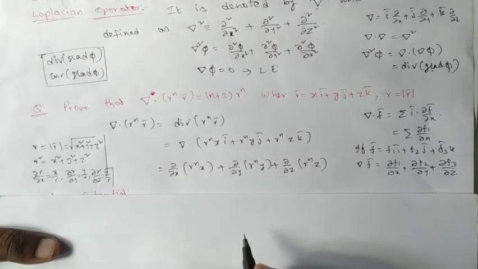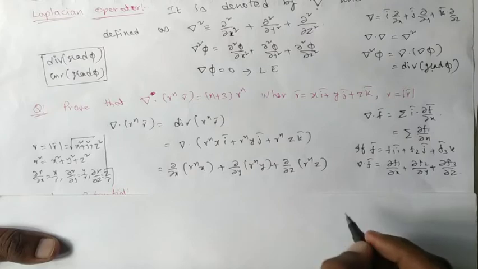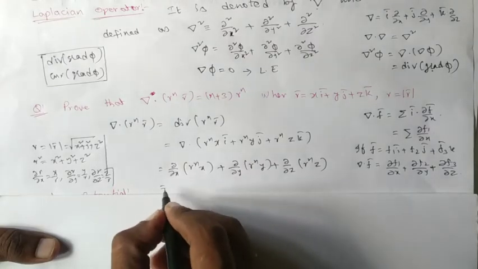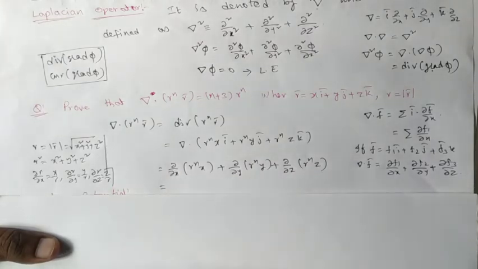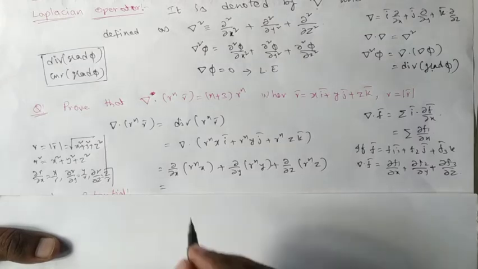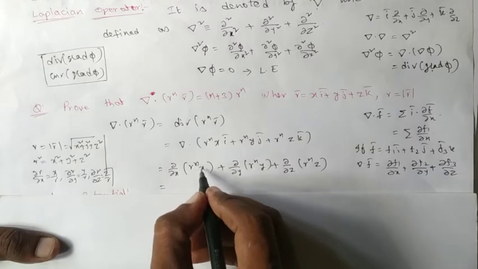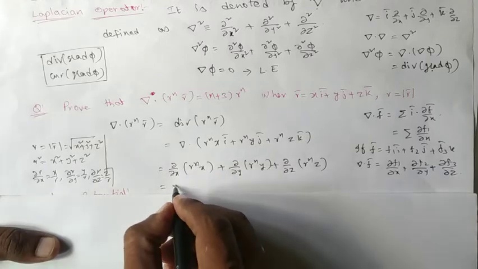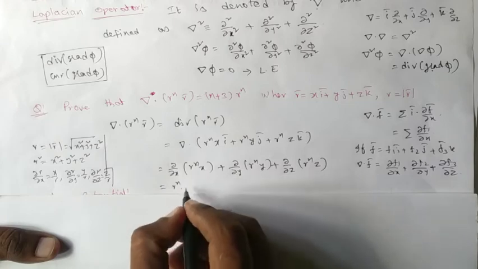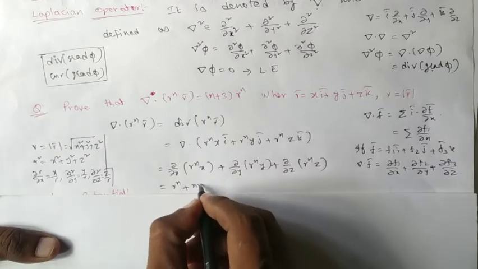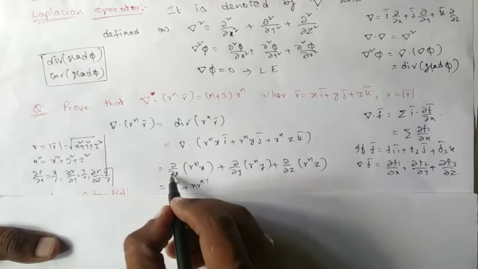This is known so far, so I may use this logic here to work it out further. The derivative of this function, ∂/∂x of rⁿx. Here two functions are there: one is that rⁿ is a function of x, and x is also a function, in UV form. So first, rⁿ into the derivative of x is 1, plus n rⁿ⁻¹ ∂r/∂x.